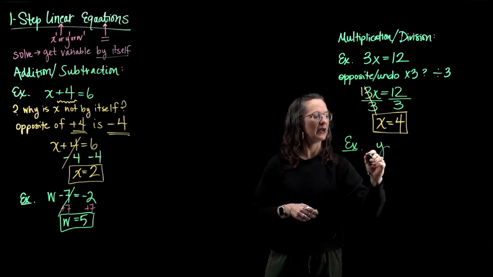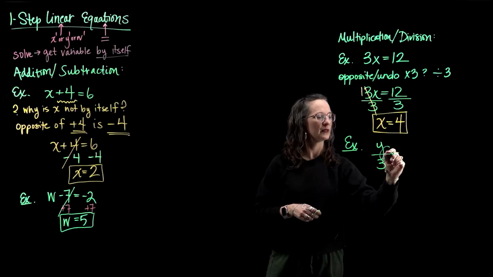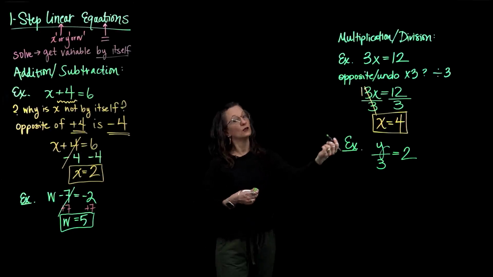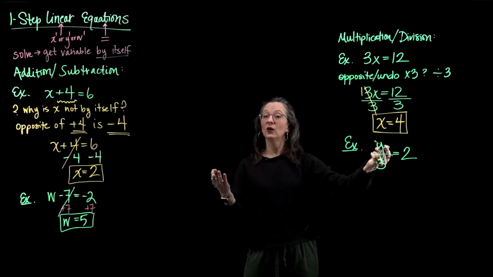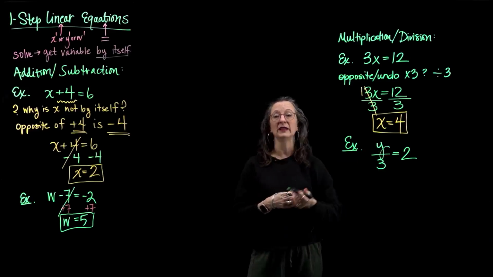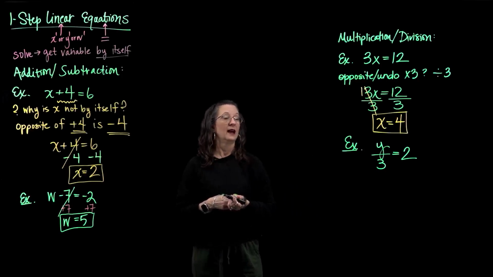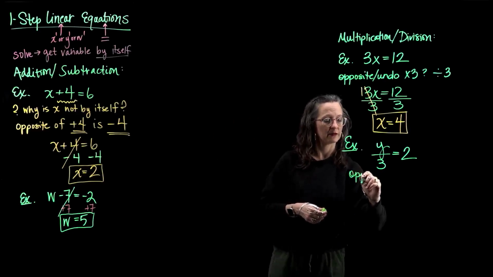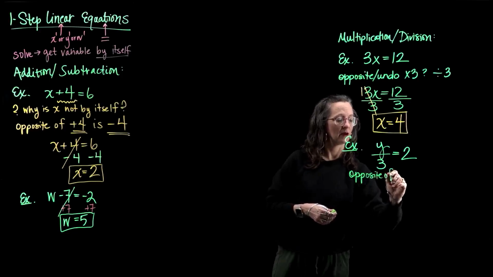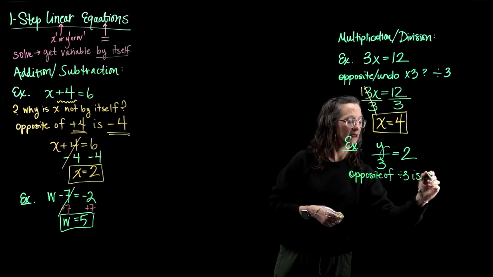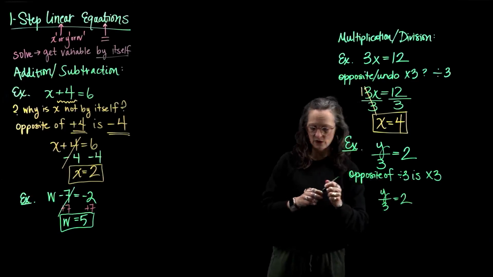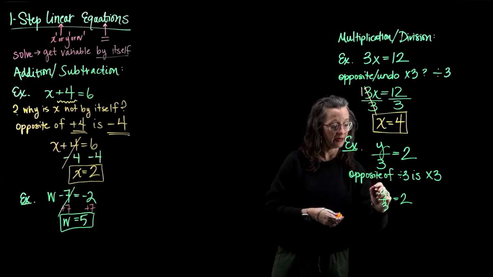What if I had y divided by 3 is equal to 2? Now when I look at this y, I know it's not by itself because it's being divided by 3. The opposite, or how we undo divide by 3, is by multiplying by 3. So opposite of divide by 3 is times 3. So let me rewrite that equation. y over 3 is equal to 2. And I'm going to multiply